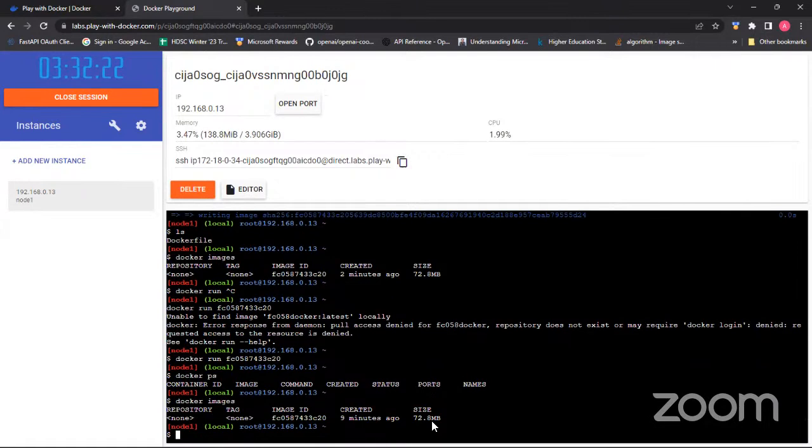Oh, the repository is not. Oh, I see. The dots and I'm going to target